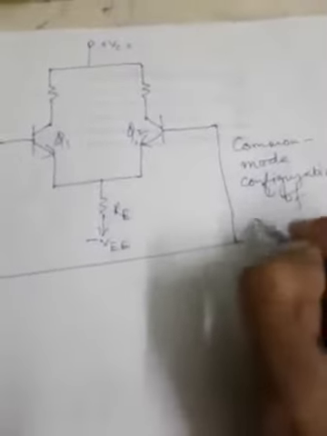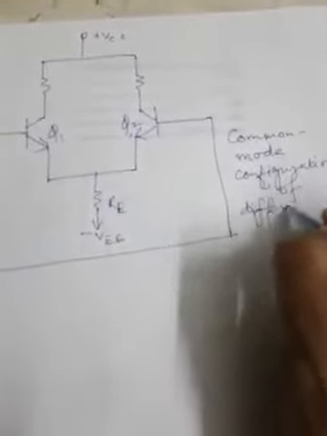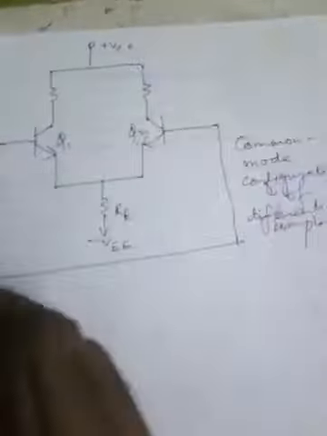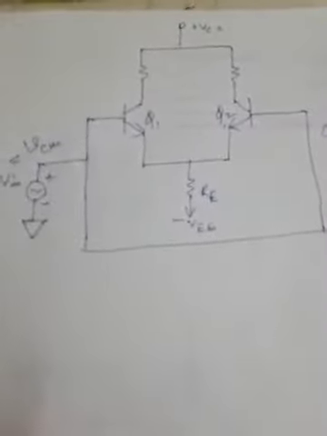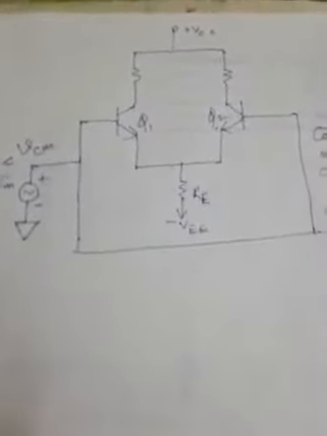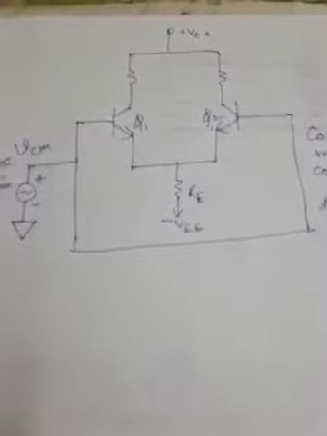So this is the common mode configuration, or common mode circuit, of the differential amplifier. Here you can see the same signal is at both the inputs, derived from the same source, hence it is called common mode configuration, and this Vin should be written as VCM. CM stands for common mode, so Vin is equal to VCM in this case. This is the common mode circuit operation of the differential amplifier.